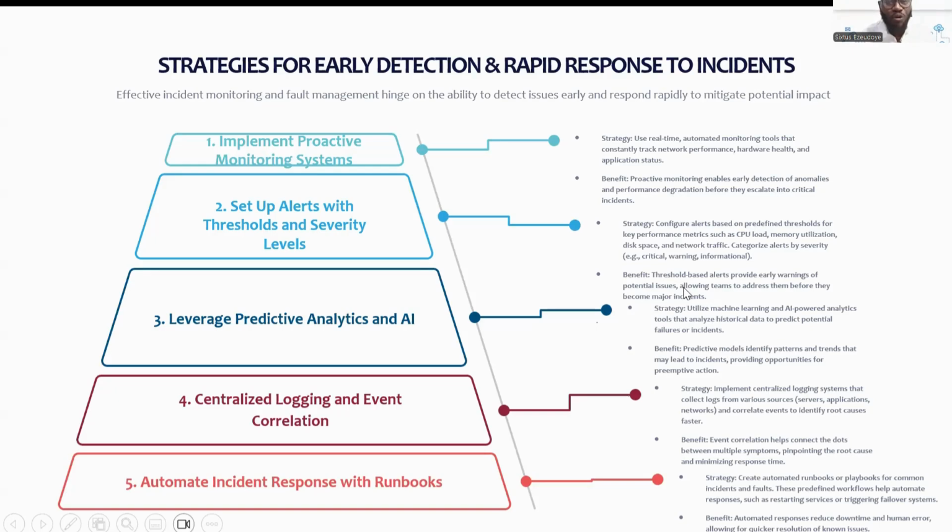The first proactive strategy is to implement what we call a proactive monitoring system. I will be discussing the strategies and their accruing benefits. There are compatible benefits that come with each strategy. Use real-time automated monitoring tools, like we have here in Zoracom, to constantly track network performance, your hardware health, and application status. And the accruing benefit